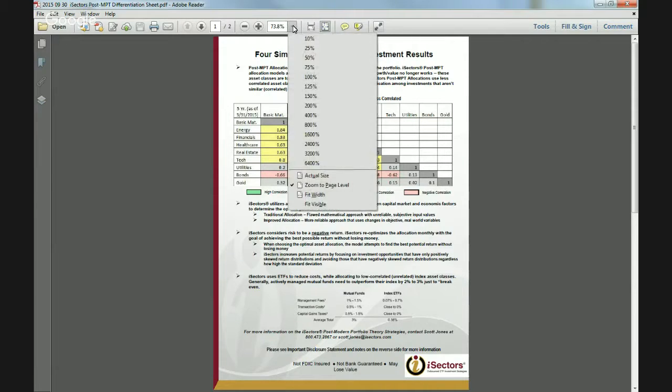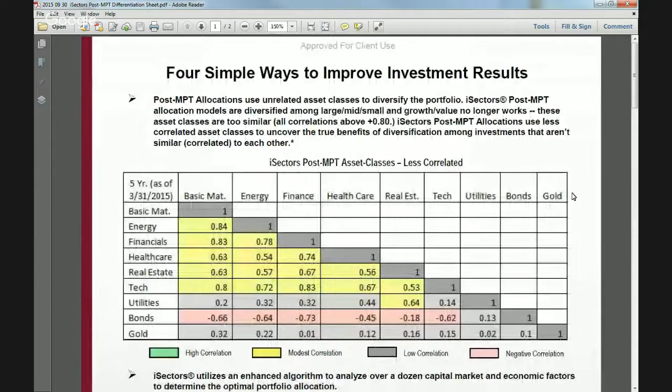But the way to start out explaining this to a client, to give you some history, the reason we call these models post-MPT models is that post-MPT stands for postmodern portfolio theory. So we're trying to convey the fact that this is a more advanced approach or application of the principles of modern portfolio theory. And a good way to explain this to a client is that this strategy is going to help them improve their investment returns with less risk over a complete market cycle. And what we're doing with the strategy is implementing 4 improvements to the way traditional modern portfolio theory